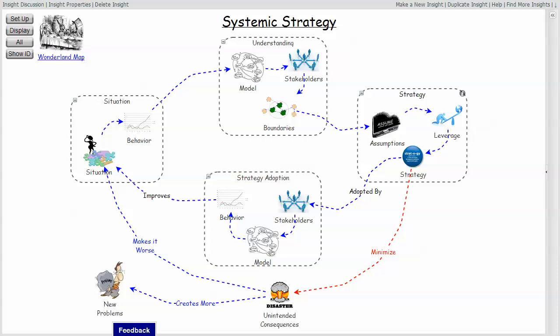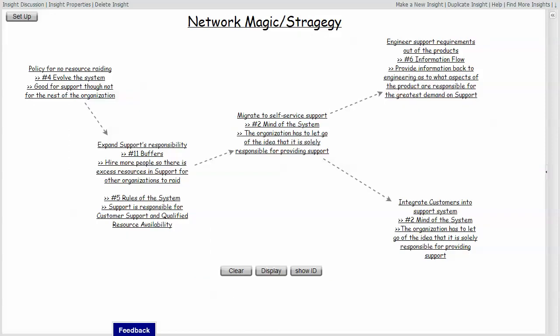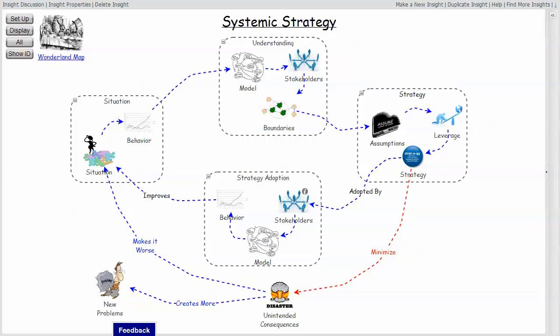And from that set of leverage points, we crafted a strategy that is in fact a sequence of things that the organization should do in a time-ordered manner to implement things so that when the stakeholders adopt that strategy, the set of interactions actually changes and creates a different set of behaviors, and therefore the situation is different than it was before and should be what the organization is trying to create for its future.